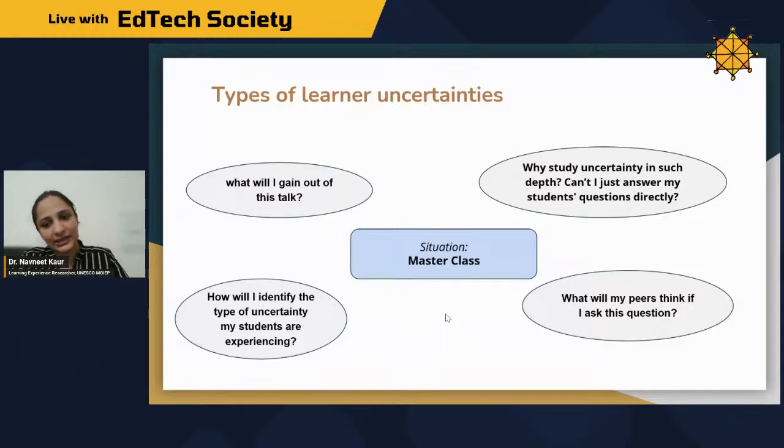Now, while you are in the class, you might have some questions like, why do we need to study uncertainty? Maybe as a teacher, you can think, can't I just answer all the questions that my students have and their uncertainties will be resolved? So why do I need to study it? Similarly, as you go ahead, you can ask, how will I identify the type of uncertainties my students are experiencing? And then maybe at the end of the talk, you might think, I have so many questions. Should I ask the speaker? How will the speaker or the others in the talk perceive the kind of questions I ask? So, of course, in a situation, a person can experience these different types of emotions and